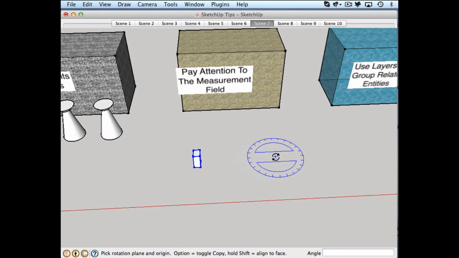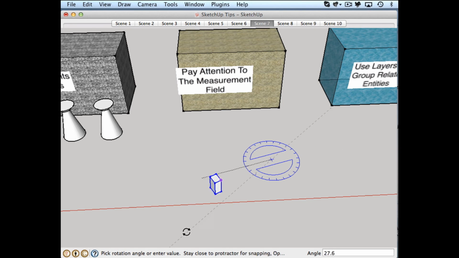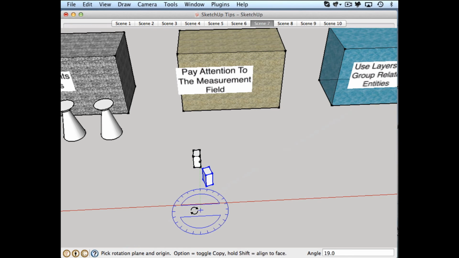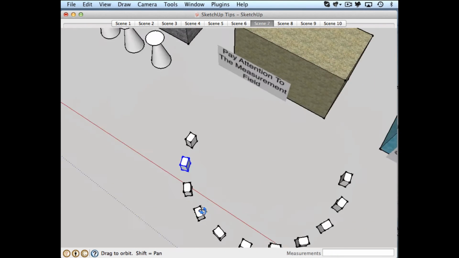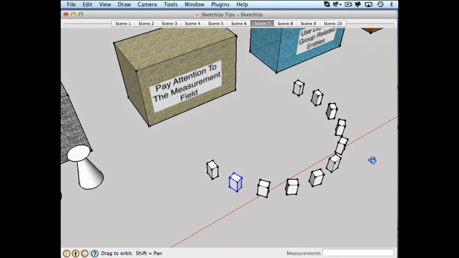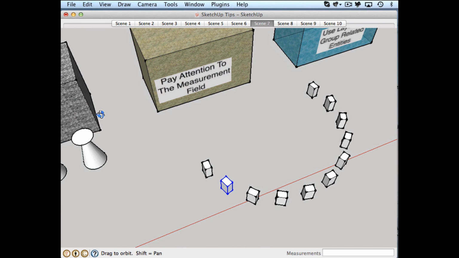So if I come with this tool and click here and come over to this and click and hold down Option, I can drag off a copy, and now I can do 10x, right? It goes spinning around based upon where you did those, the center of that, whatever you call this, the protractor shape is. Okay,